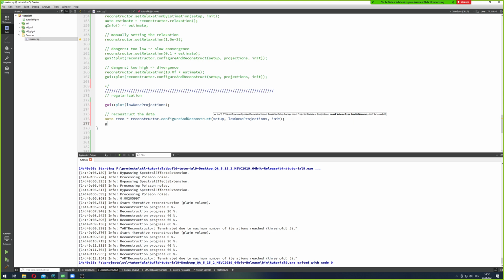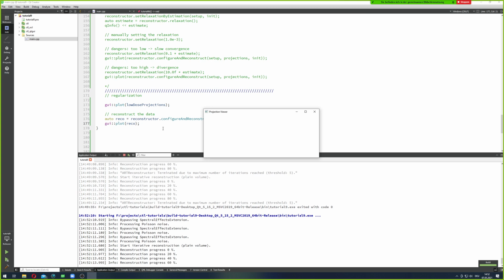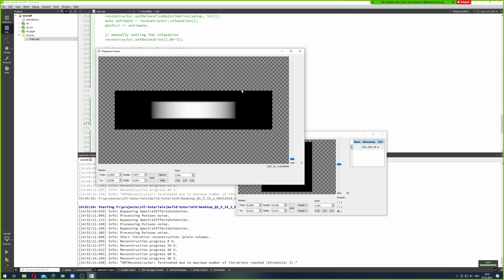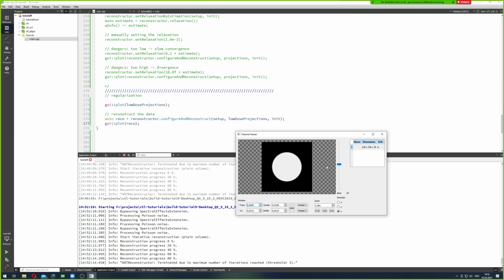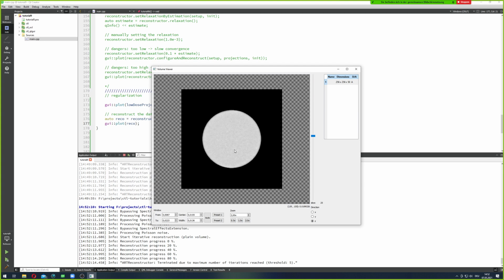And then we can plot that result and see how it looks. So this is first of all the projection data in our reduced setting with a smaller detector to make things a bit faster. Let me try to find a windowing where you can see that we actually have a bit of noise going on. Yeah, so a bit of noise in the data, and this is the reconstruction result. Let's also zoom in a little bit. Maybe we can also adjust the windowing here a little, and you can see that there's noise in the